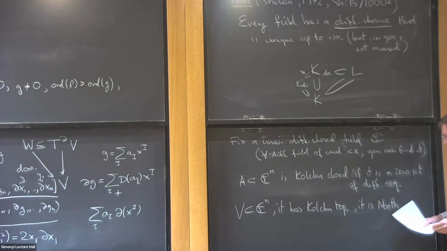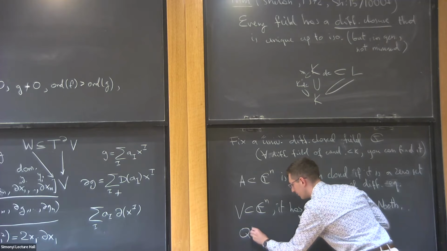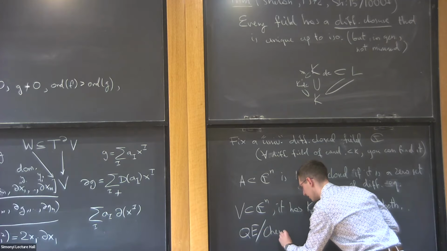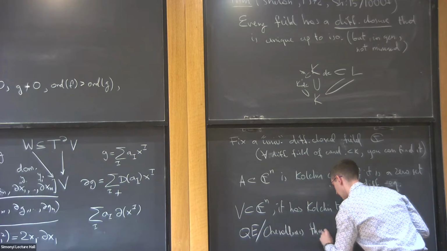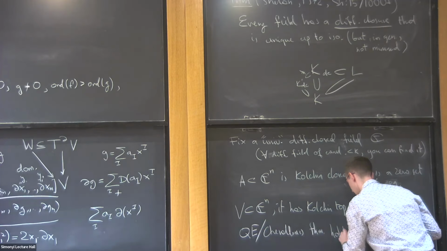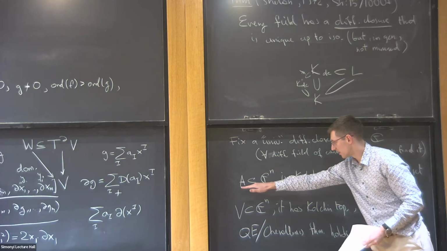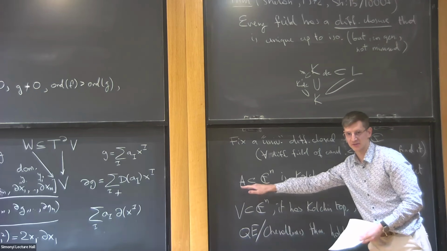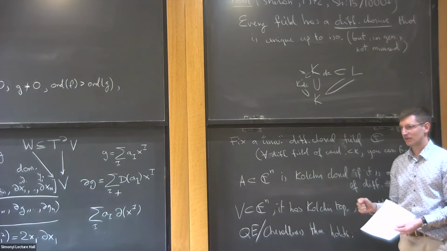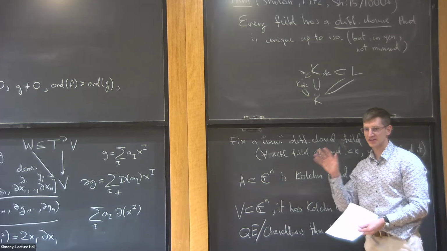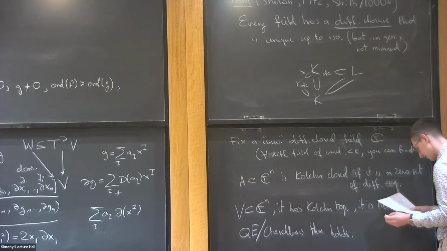It is Noetherian. Also, let me say quantifier elimination, Chevalley's theorem, holds. So by this I mean if I have a Kolchin constructible set, so this is a Boolean combination of Kolchin varieties, and I project it onto some number of variables, I still get something Kolchin constructible. So it's like Chevalley's constructibility theorem that holds here.